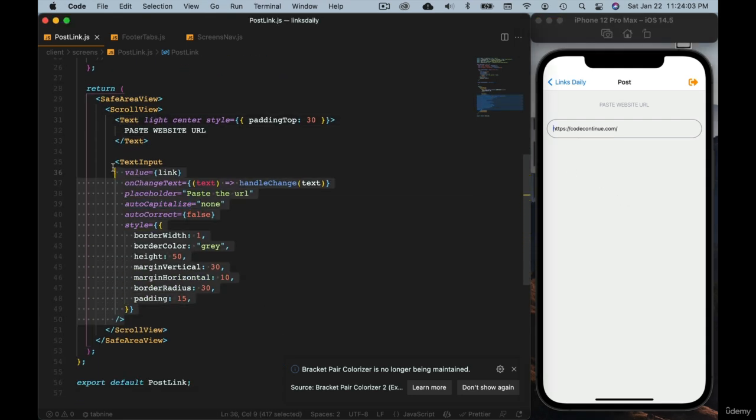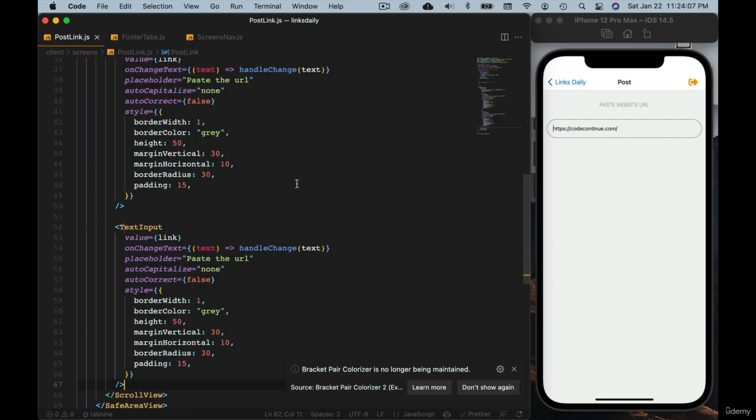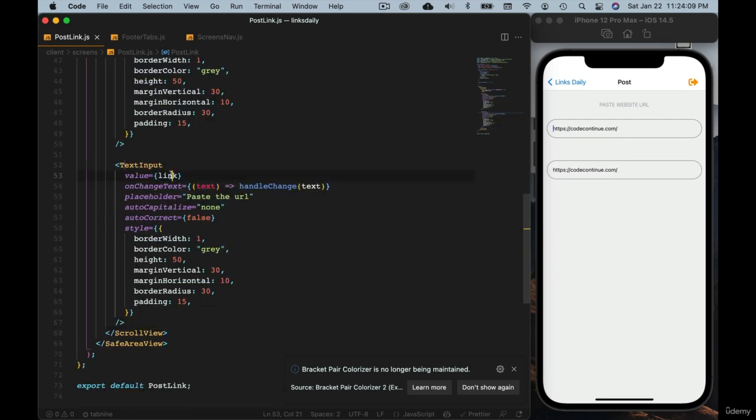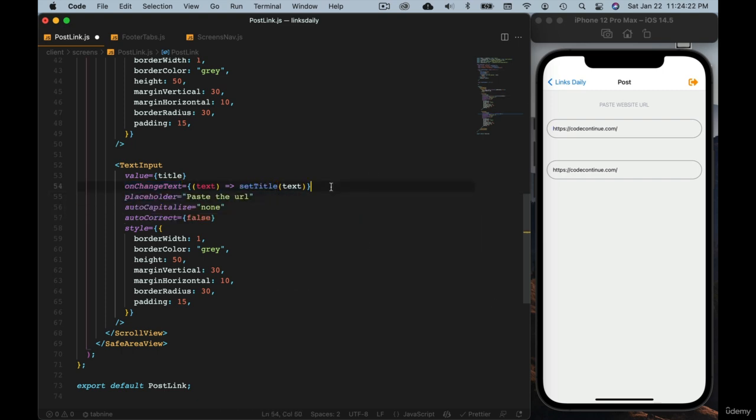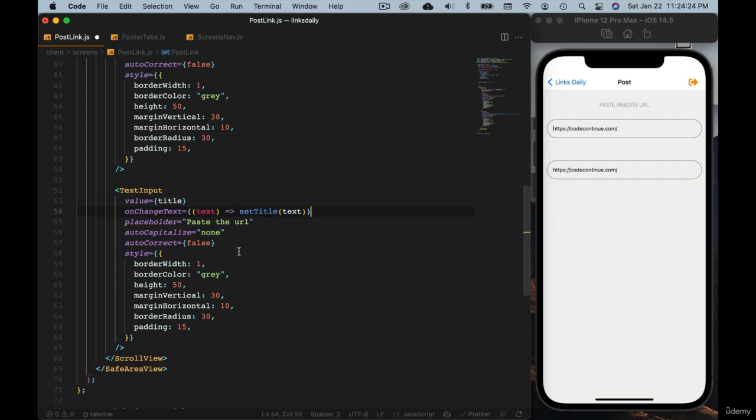For that, we can just copy this one just to make things easier and paste it here, and this one will be used for the title. Okay, so title on change text. This time we can directly set title, because this is very simple. We don't have to do anything extra. Placeholder, let's say give it a title,